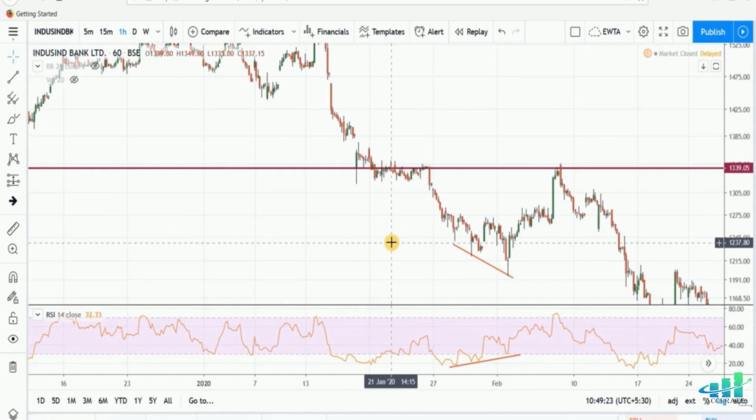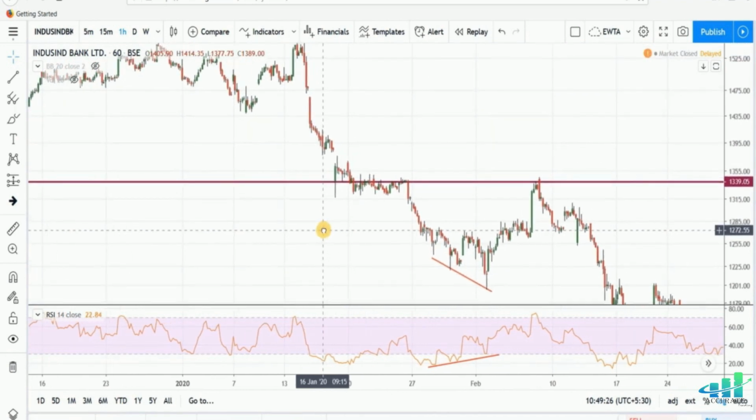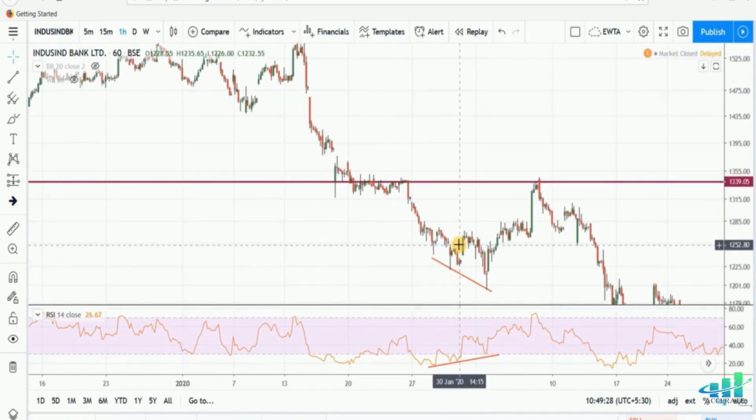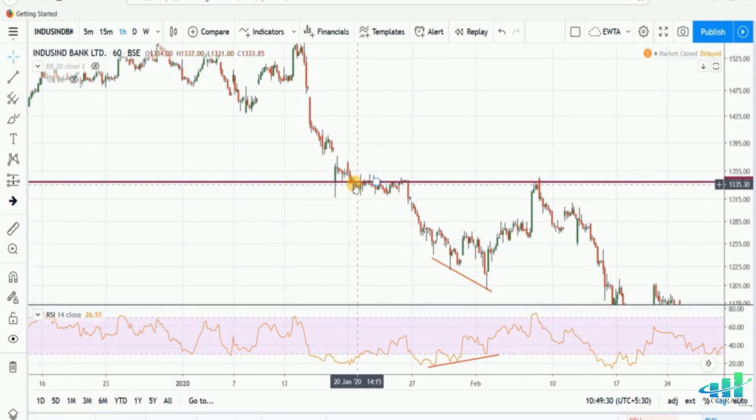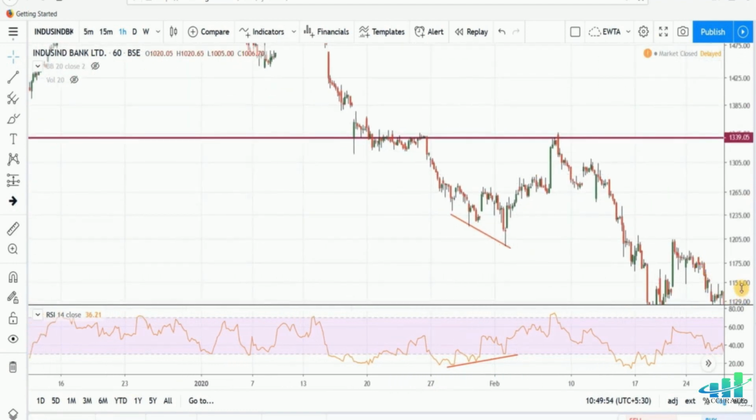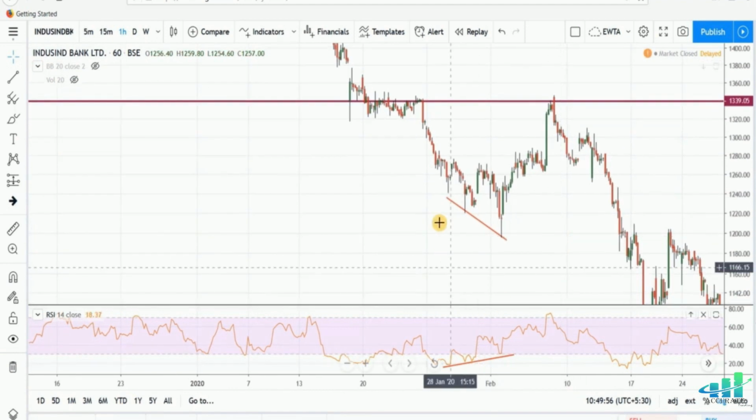You can see this is the chart of IndusInd Bank and the stock is in a downtrend. This was the support level. Prices breached this support level. There was a little consolidation near the support level, but prices were not able to go to the upside. So it was a signal to go short in this stock because here we are getting a signal in this chart that prices will go in a downward direction. But after making a short position, you can see prices are going in a downward direction but